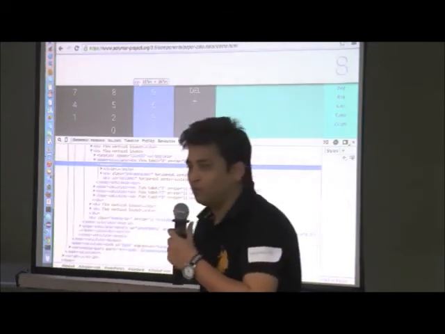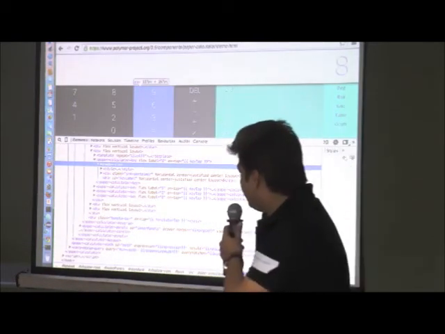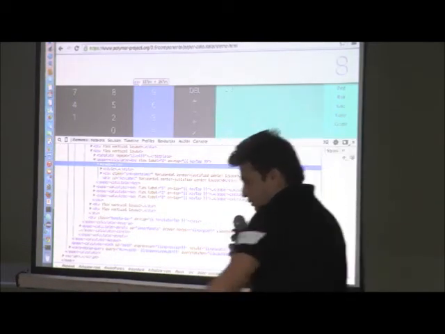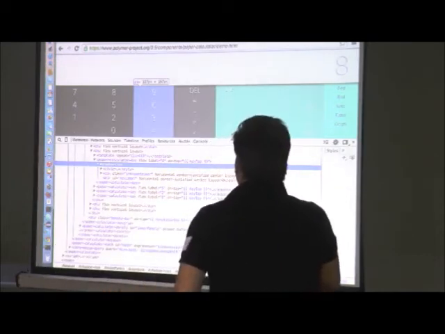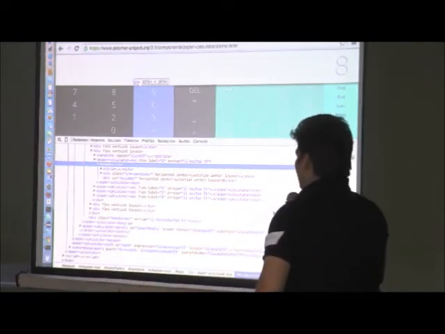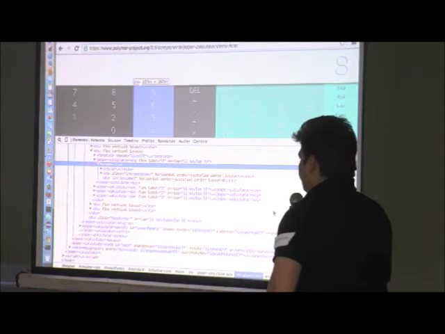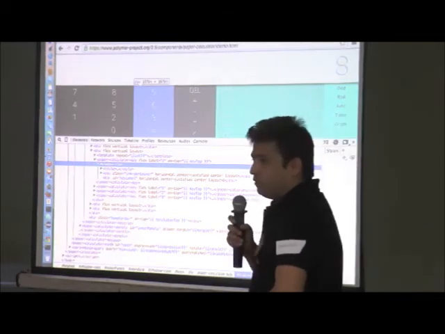Oh, it's not working, I'm not able to zoom it. Yeah, so the one that I've highlighted over here, this is your shadow DOM. Shadow root. This is a paper calculator key, which is defined as a web component.